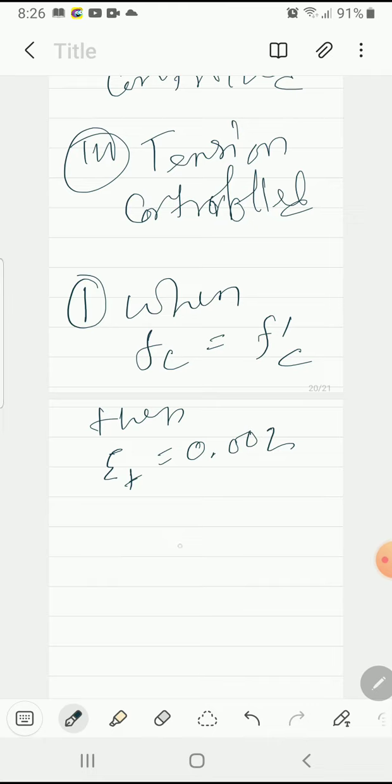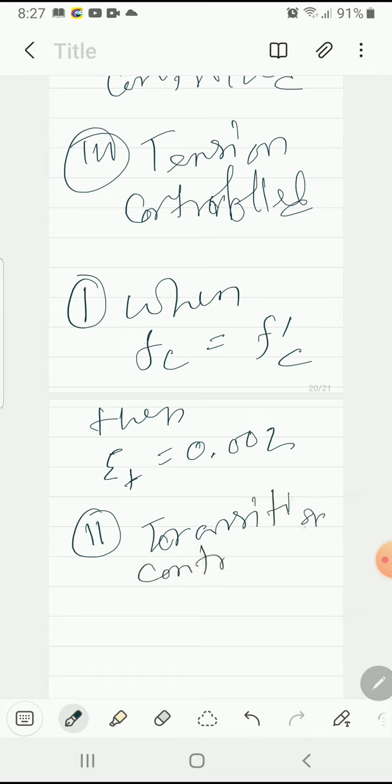Okay, 0.002. Number 2, transition controlled, okay. In this case,